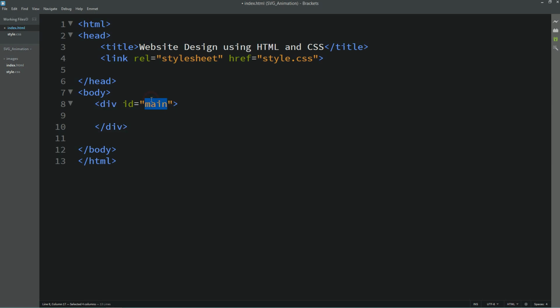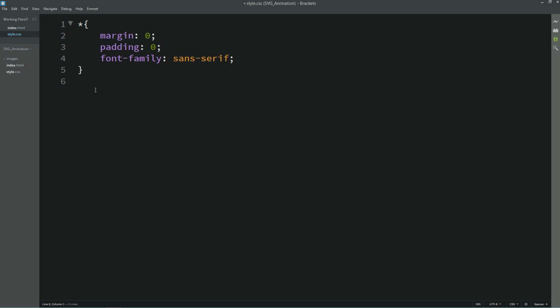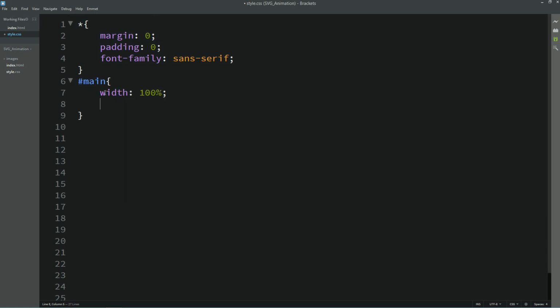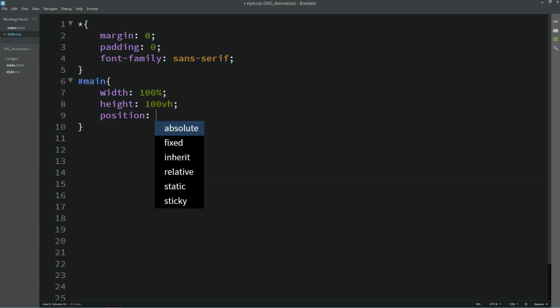Let's use this ID in the CSS file. Write it here with the hashtag because it is ID. Here we will add width and height and position relative.